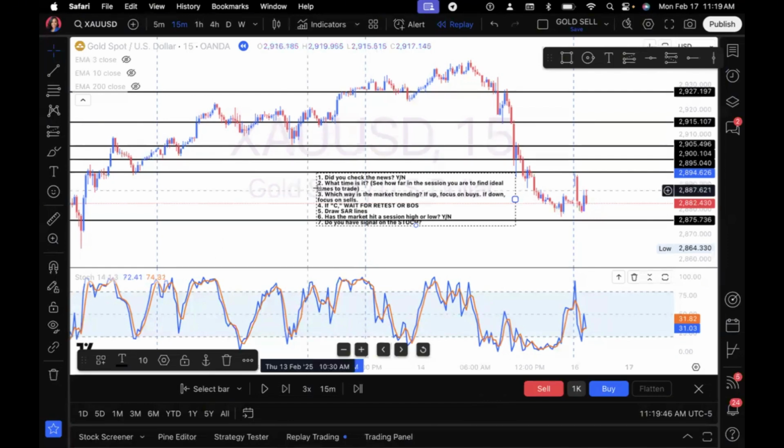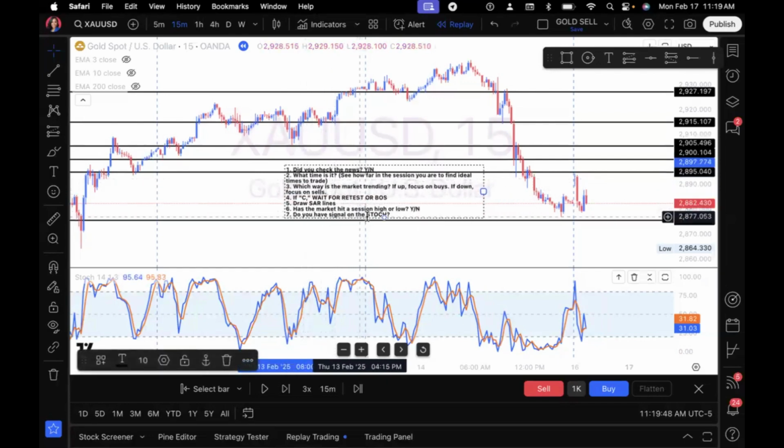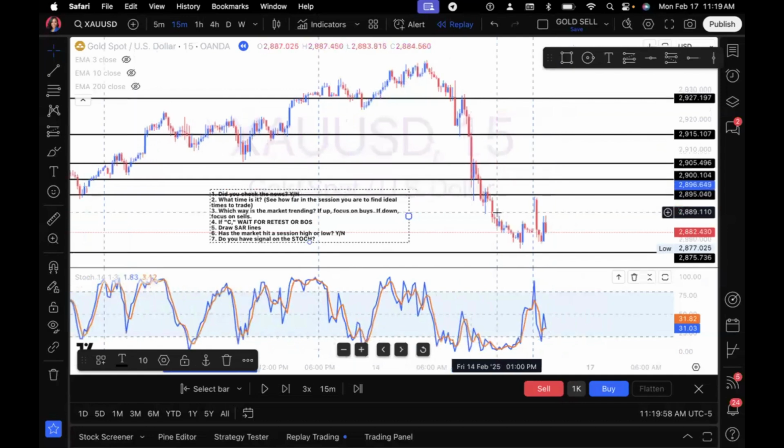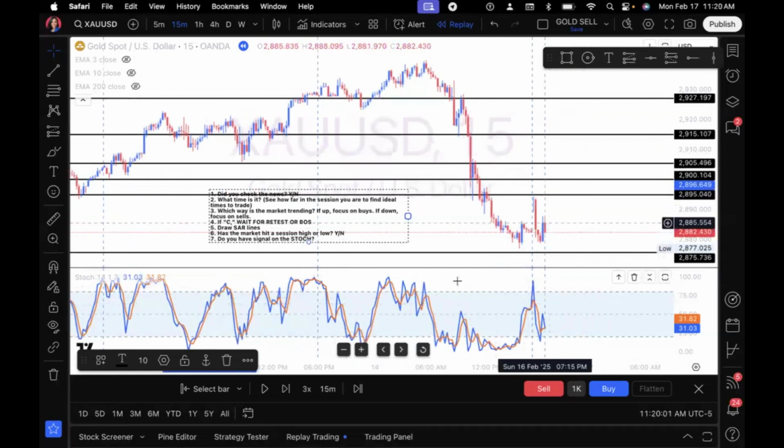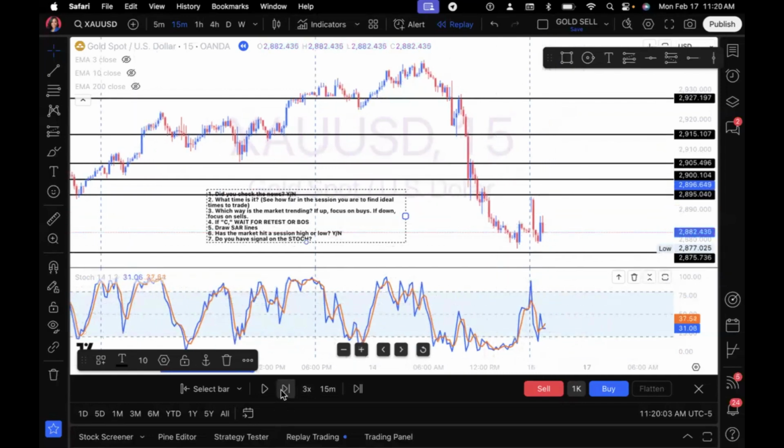Now, the last question I have here is, do you have the signal on the stochastic? Remember, in the initial note, I said I was going to wait for the stochastic to cross above 20, because that for me is a great entry signal. I didn't have that here exactly at 7:15, so we're going to go to the next candle and see what happens. I do have my stochastic starting to face up, and I need that blue line to be above the orange line. Preferably, if the stochastic was to cross above 50, that would give me even more confidence in this trade.